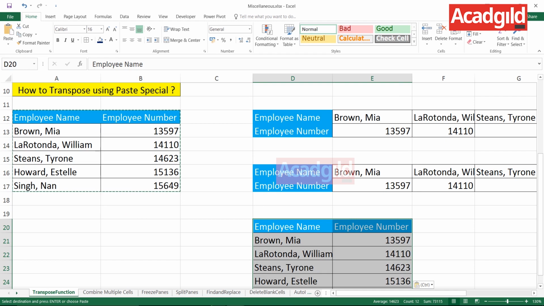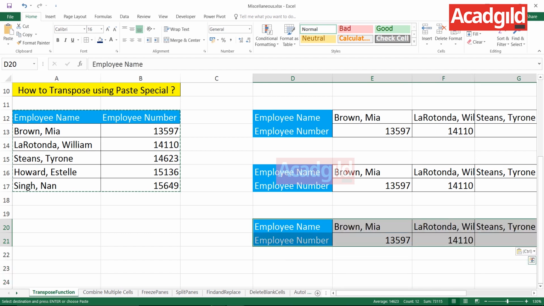Once you press Control V, you're getting the same data, not in the horizontal manner but in the vertical manner. Carefully observe, there's a Ctrl button at the bottom. Just tap the Control key from your keyboard and you'll get a small floating dialog box. This is the option you have to navigate to, that's transpose. You can use your arrow keys or your mouse, or else the shortcut key is T. If you click on that, you'll get this transposed table.